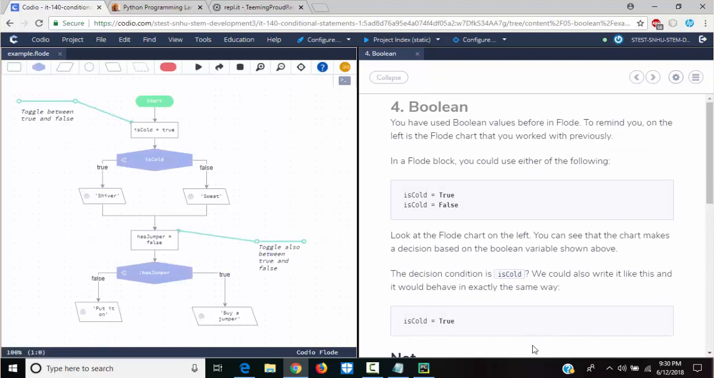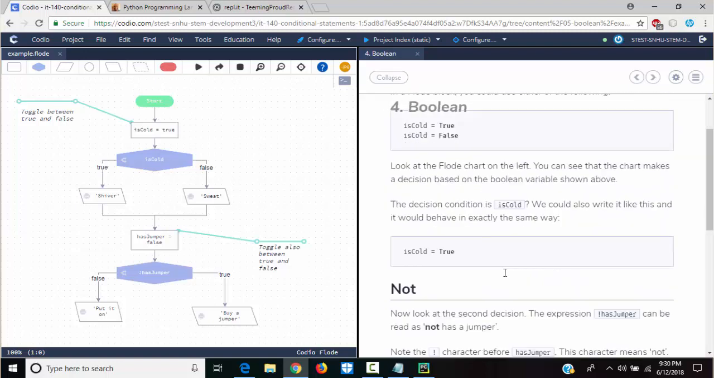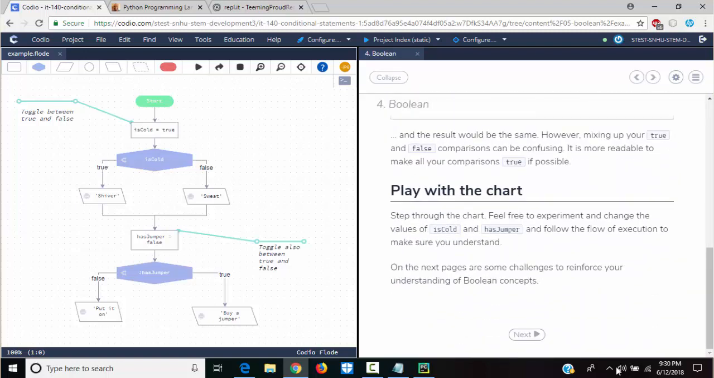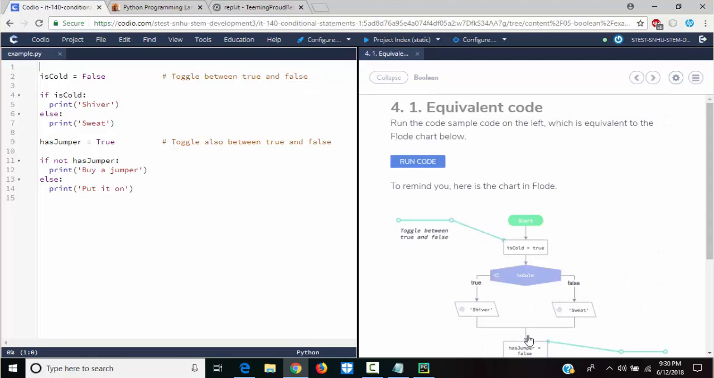Okay, Boolean. You have used Boolean values before. Okay, you can read this. You can read all this. Now, let me say something here. You have to be kind of careful,